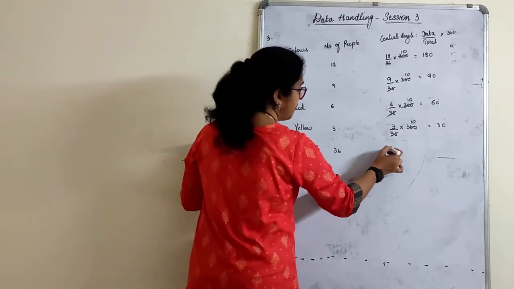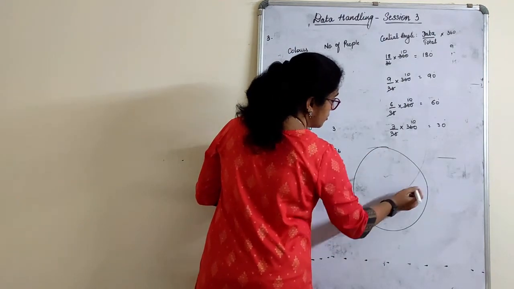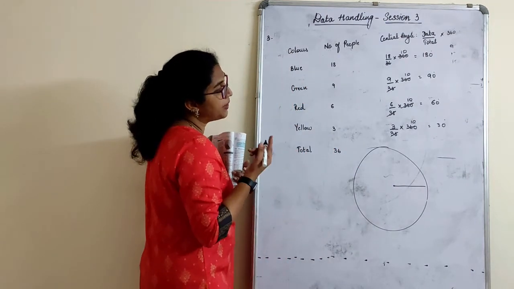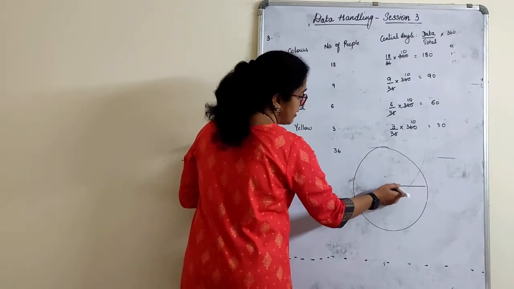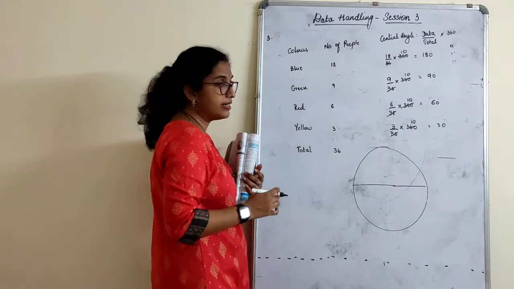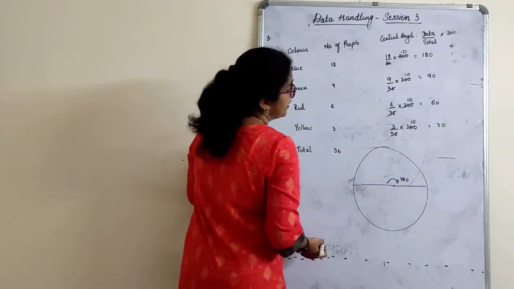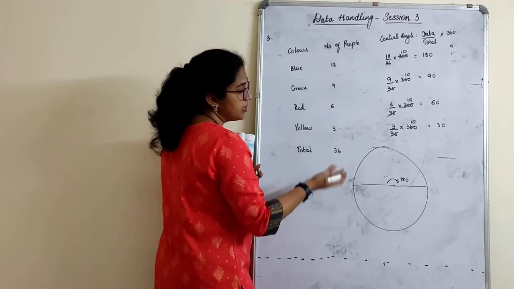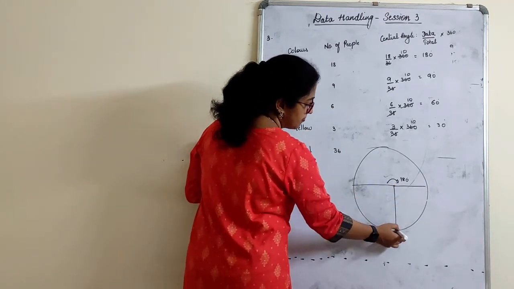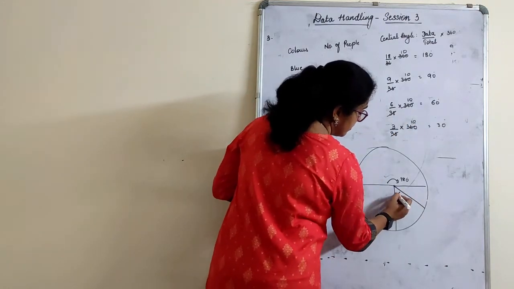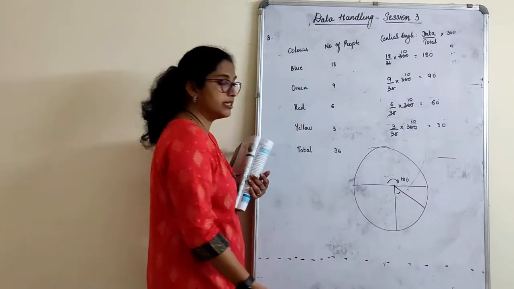So I will give you a rough idea here. First I will draw my radius. After drawing radius, it's 180 degree. 180 degree is nothing but a straight line. Draw a diameter. This is 180. I told I'll give it to you, but I am only doing. It's very simple. 90 degree. Take a protractor, draw 90 degree. Next, draw 60 degree. Automatically this has to be 30 degree.